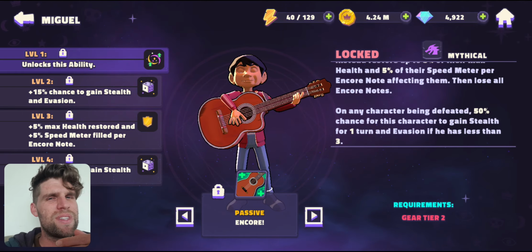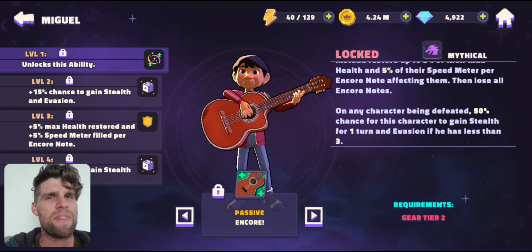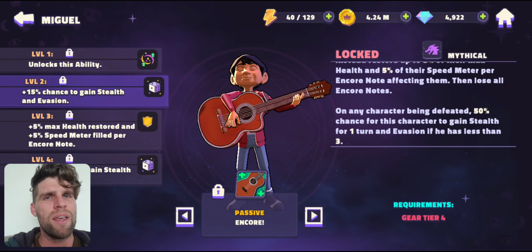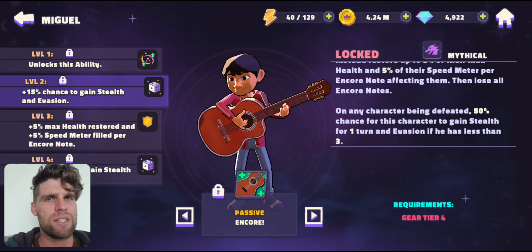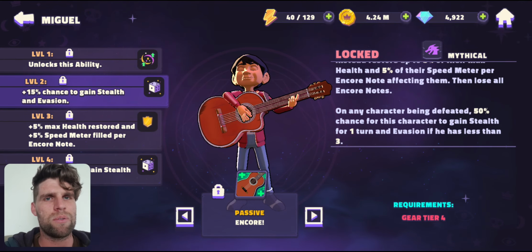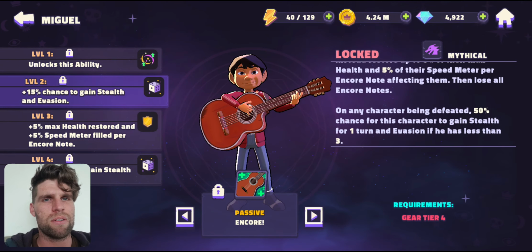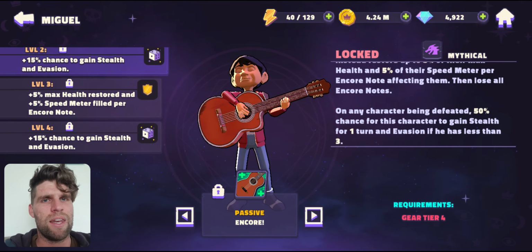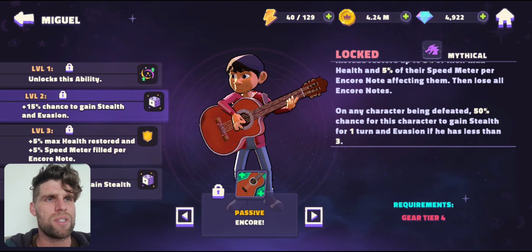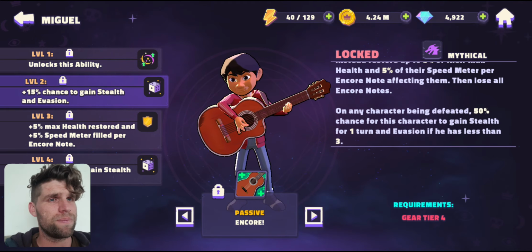Although she just didn't really quite pull off as they should have. But then we're going to go here. When you get leveled up, it's going to have an extra 15% chance for stealth and evasion. So it's going to go up to 65. And then it's going to go up to 10%. So at level 3, you're going to get an extra 5% each. So it goes up to 10%, which is quite nice. And then extra 15% for stealth and evasion. So it's going to go up to 80% as well, which is...